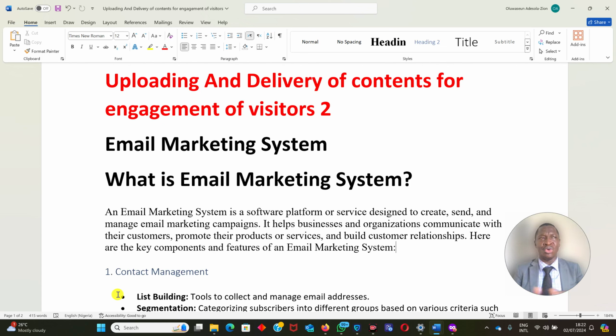I don't want to go into analysis of how many email users do we have in the world. But what is important at this point is, how do I engage my visitors, or how do I reach out to people? Like, for example, now I have my affiliate system where I want to use to connect with people and get admission, for people through the admission portal of Caleb University. But for me to get to them, I must send information.